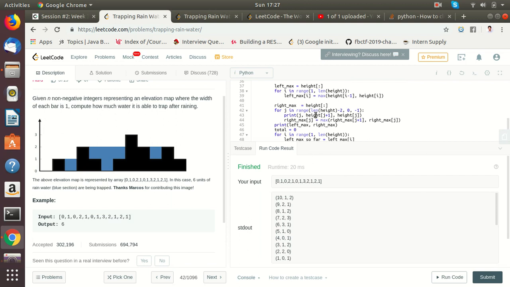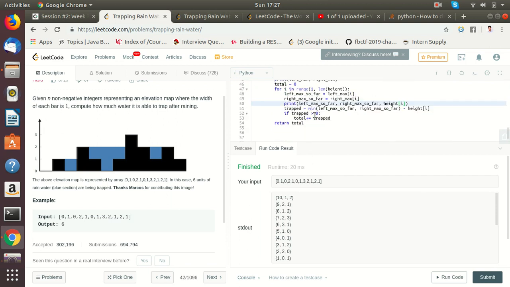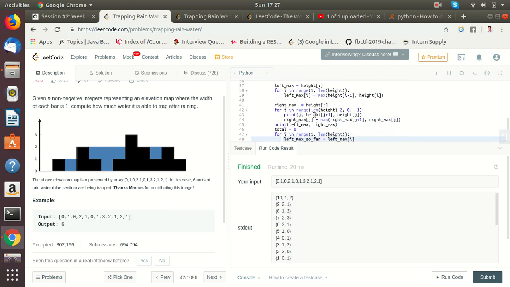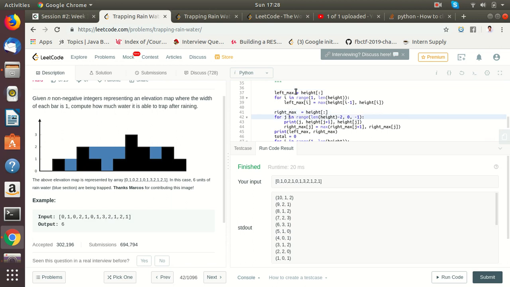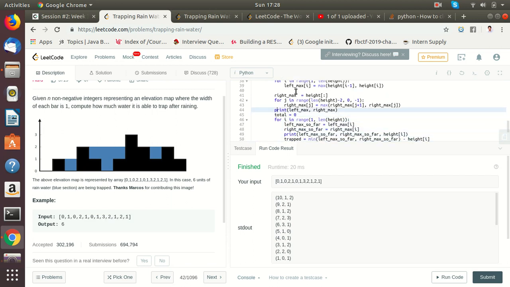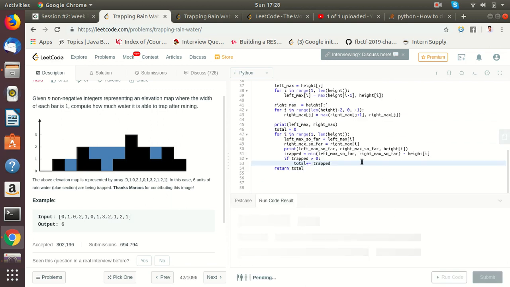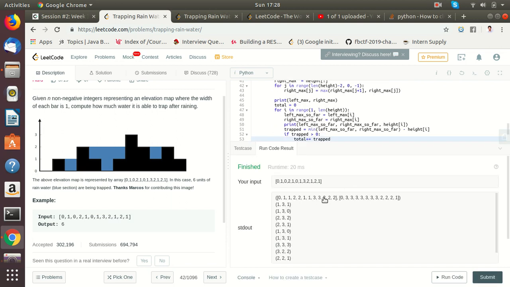Okay, alright, so there are no print statements over here. So the first thing is going to print. I think there are print statements here too. Yeah, I should get rid of it. Okay, let me see if it works. Awesome. So we have 0, 1, 1, all that, and